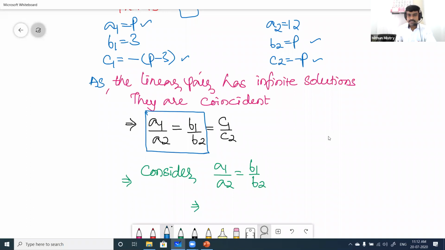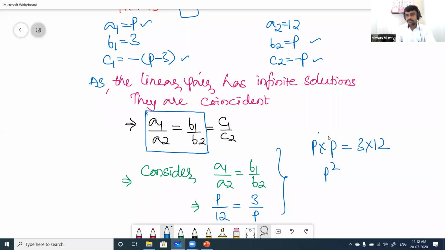A1, what is A1? P by A2. A2 is 12. Is equal to B1, what is B1? 3 by B2, which is P. Yes. So when you do cross multiplication, we get P into P is equal to 3 into 12. That is P square is equal to 36. So P is equal to square root of 36. So P can be plus or